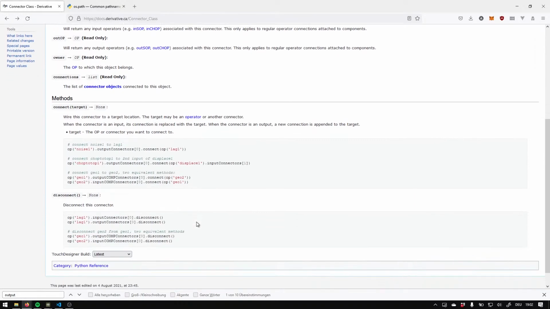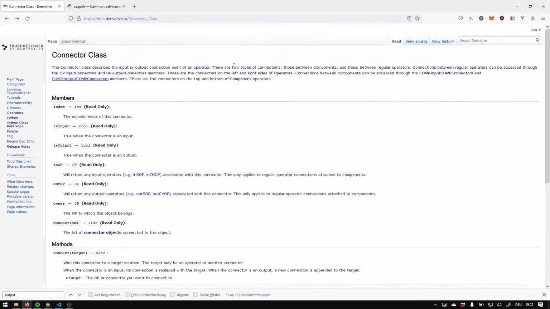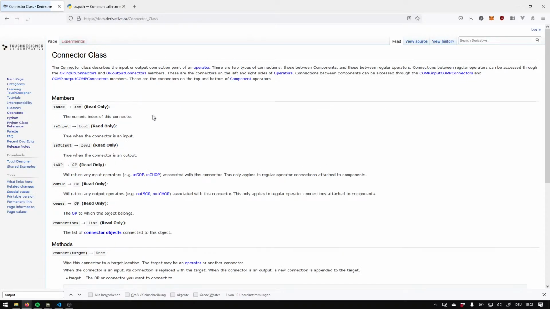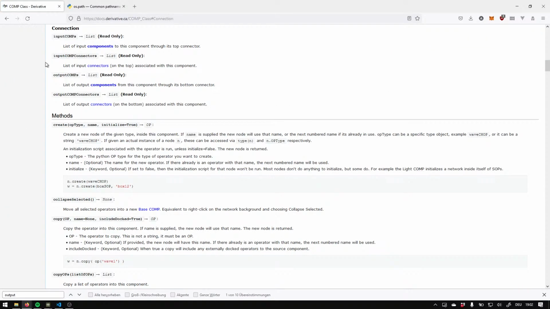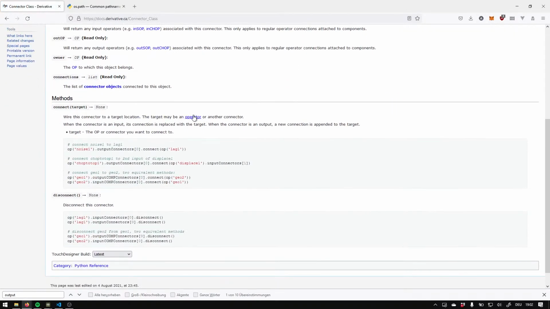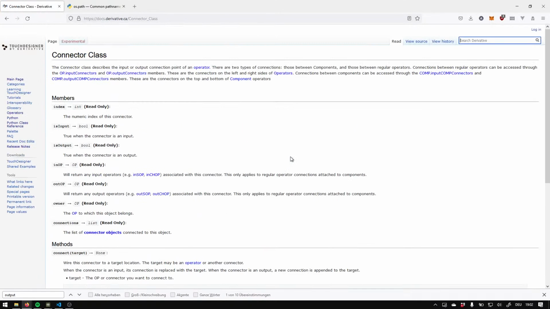So I can connect it, I can disconnect it. Why? Why is it so hard right now to find out what the type